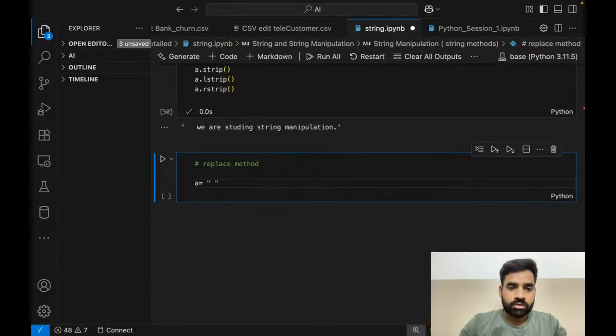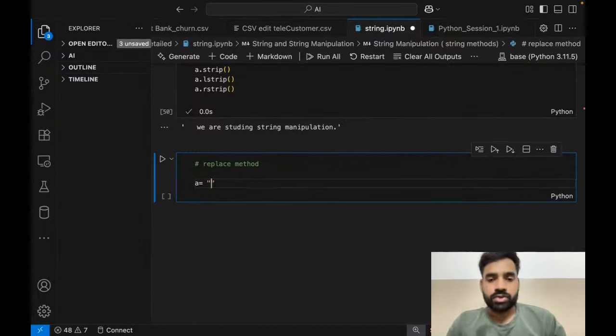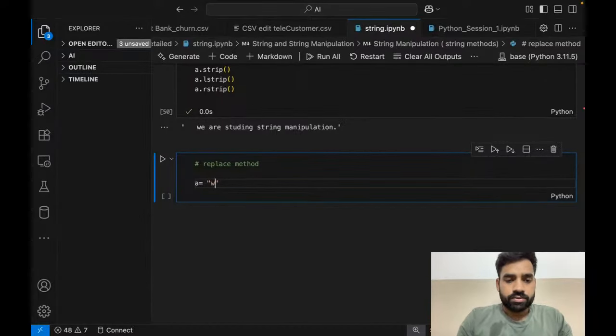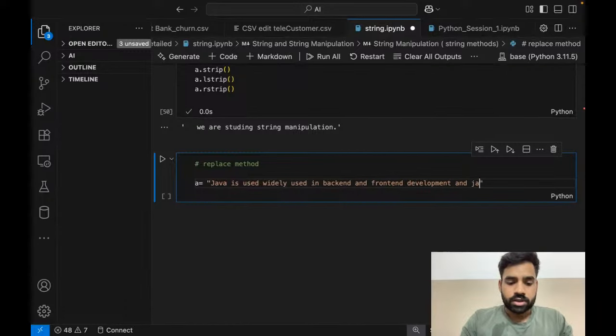In this particular variable I'm writing one statement: Java is widely used in backend and front end development, and Java